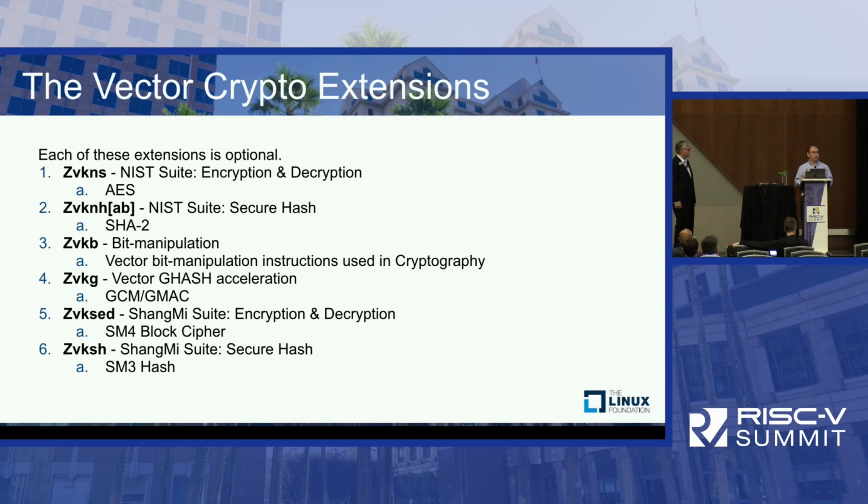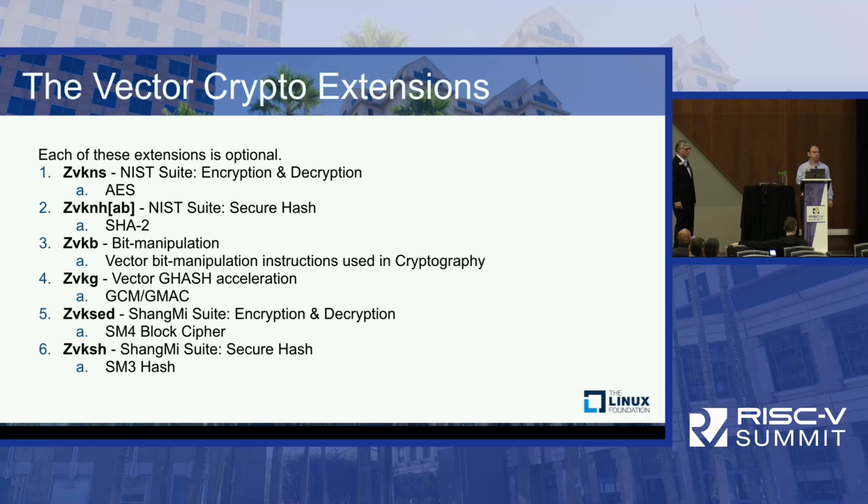Some of these extensions require more hardware than others, so people might not want to implement some of them. The first one, Z, V, K, and S. So Z is the standard Z, V is vector, K means crypto, N stands for NIST, and S is, I forget what S was. No, I was going to give you a little cheat sheet there. It'll come to me in a second. So ZVKNS